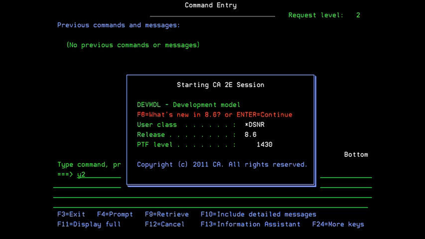An example might be if you have a number of fixes on your system, a number of PTFs that you have applied, then you could configure this yourself to say, okay, display all the PTFs in the system. And you could call a program of yours. You could say, press F6 to see current stock price, and you could have some program which runs which shows you your company's current stock price. It's all configurable. Most of you, my guess would be, will just turn this processing off once you've had a look at it, because otherwise there is an extra step to type, Y2, this pops up, and then press Enter again.